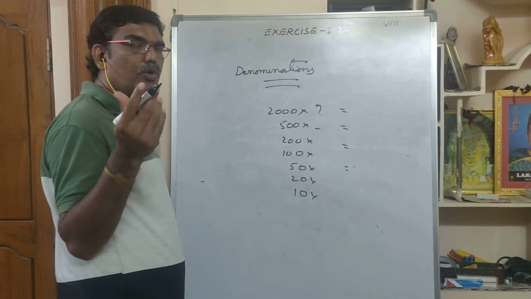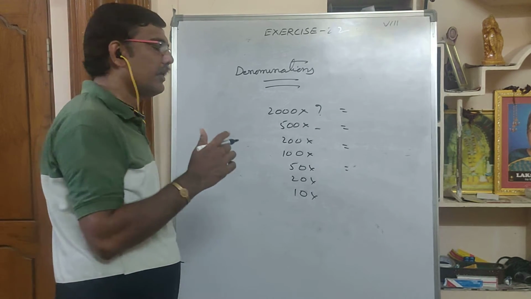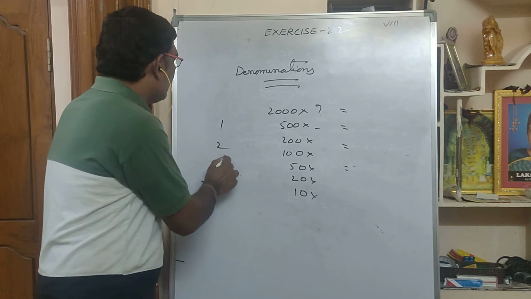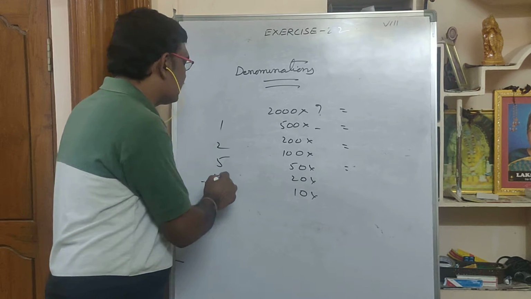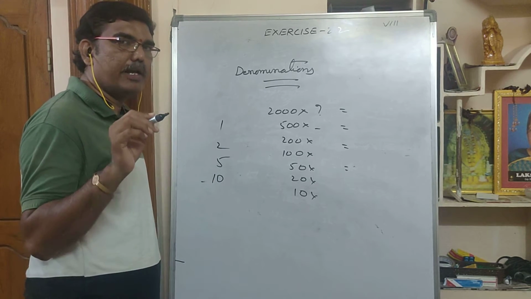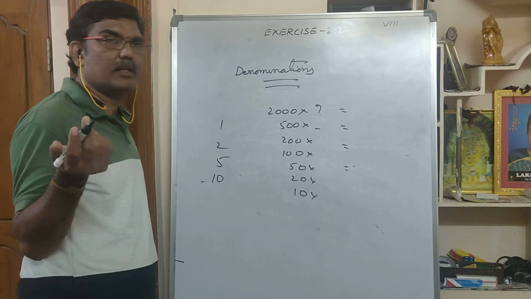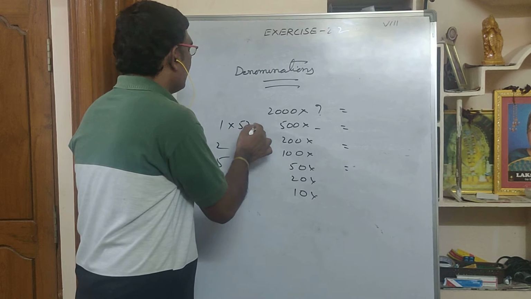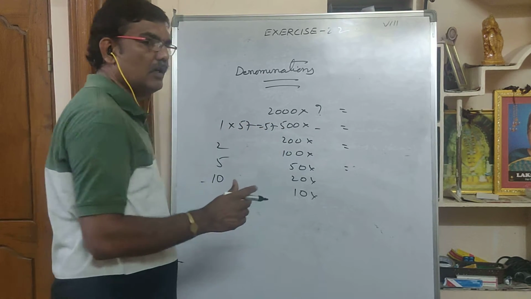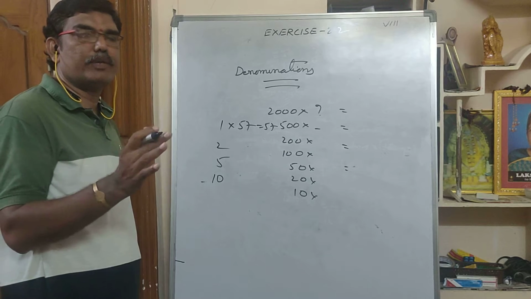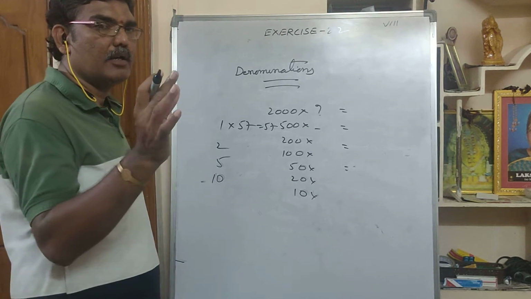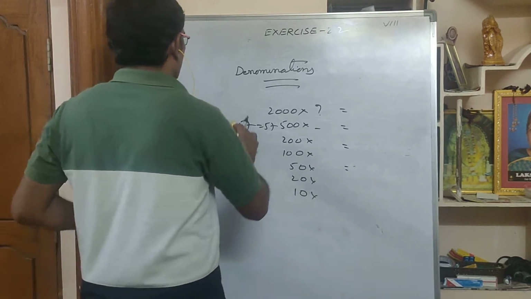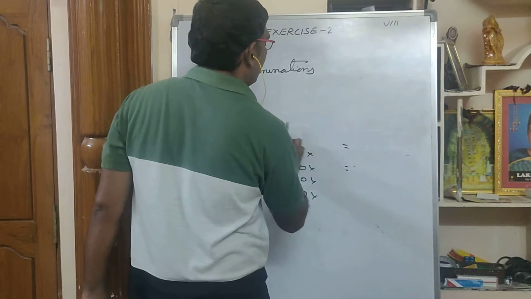So much money is given to you, and if you want to count, and if it is just coins, you should know what type of coins will be there. 1 rupee coin, 2 rupees coins, 5 rupees coins, 10 rupees coins also will be there. Like that, coin and how many coins are there, you do multiplication. So 1 rupee coins 57 are there, 57 into 1 means 57 rupees. Like that you have to separate it, 1 rupees, 2 rupees, multiply how many are there, and last that entire you have to do addition. Okay, leave this off, and next we'll go for the problem.